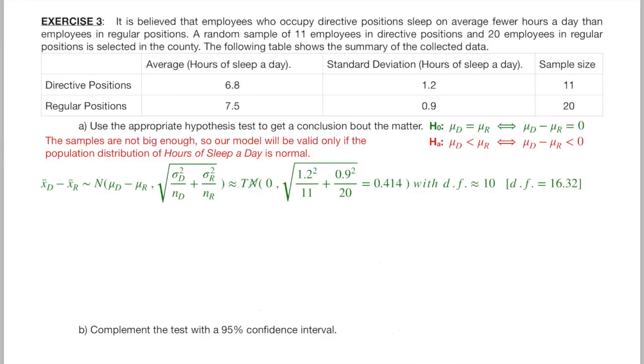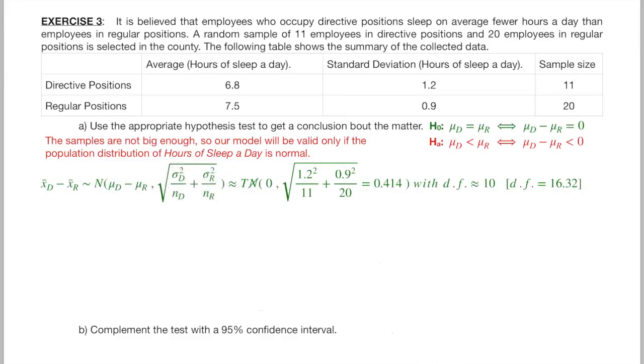Of course, doing this is not very reliable because how much of a shape can we see in samples of size 10, 11 or 20? Oftentimes, not too much. Anyway, we can always run the test and at the end point out that the results are to be taken with a grain of salt because the samples are too small and normality is not guaranteed. The mathematical model here is similar to that which we saw in Chapter 7. The sampling distribution of the difference between the two sample means will follow a normal model whose mean is the difference between the population means and whose standard error is given by this formula.